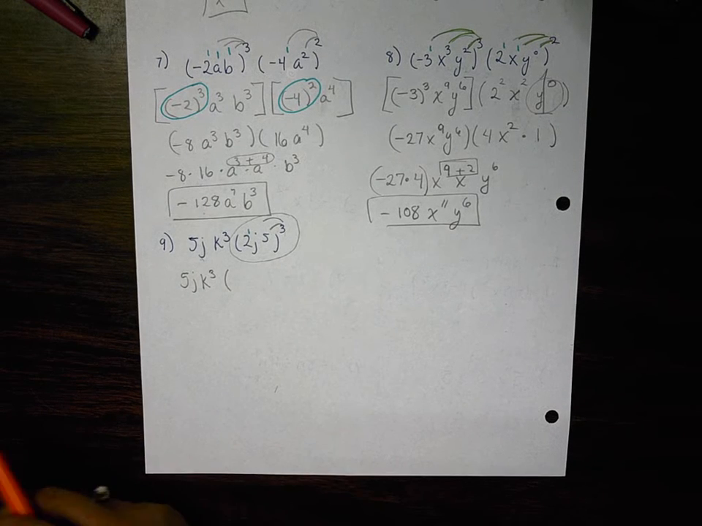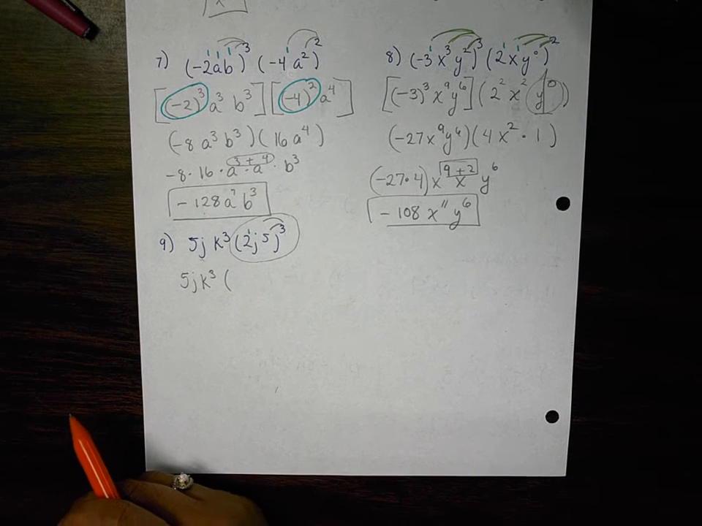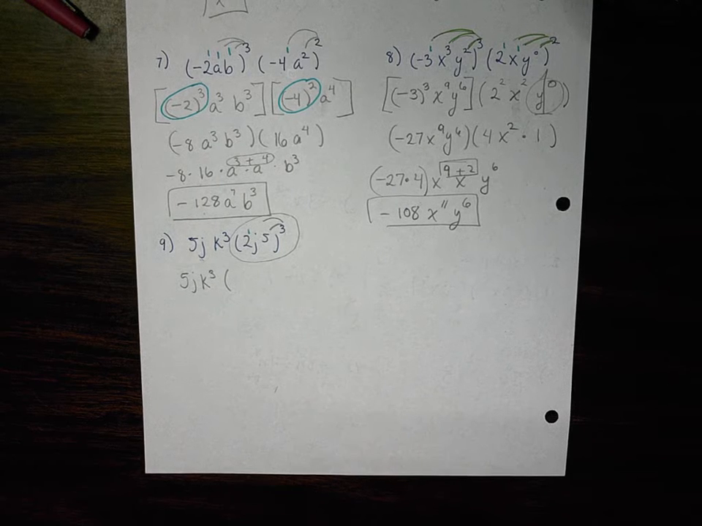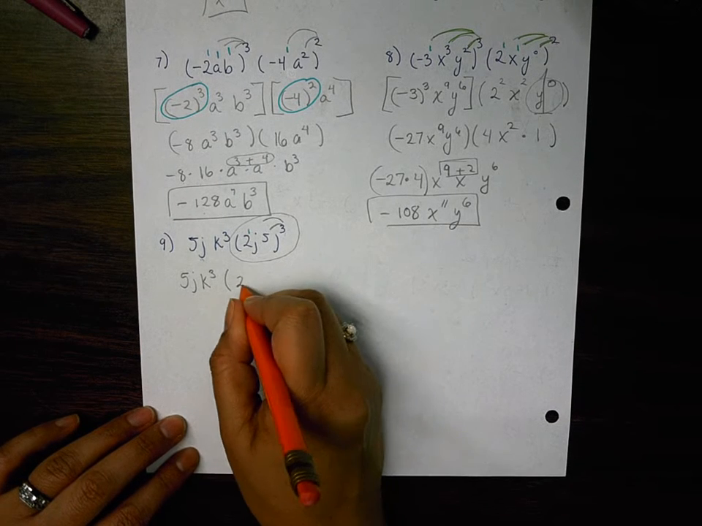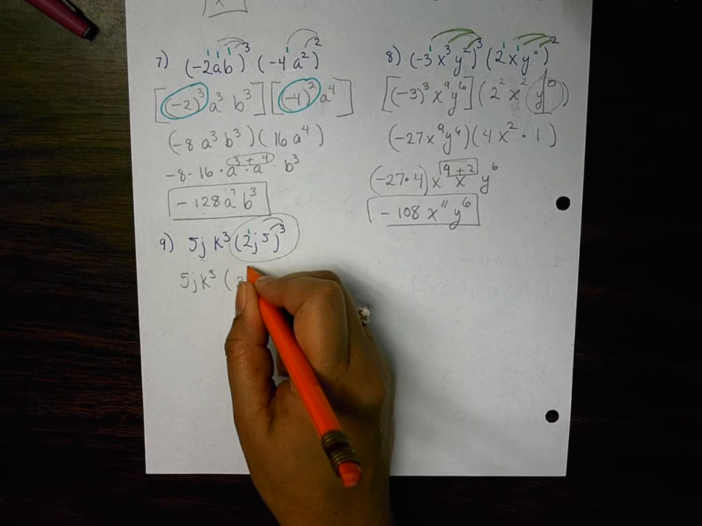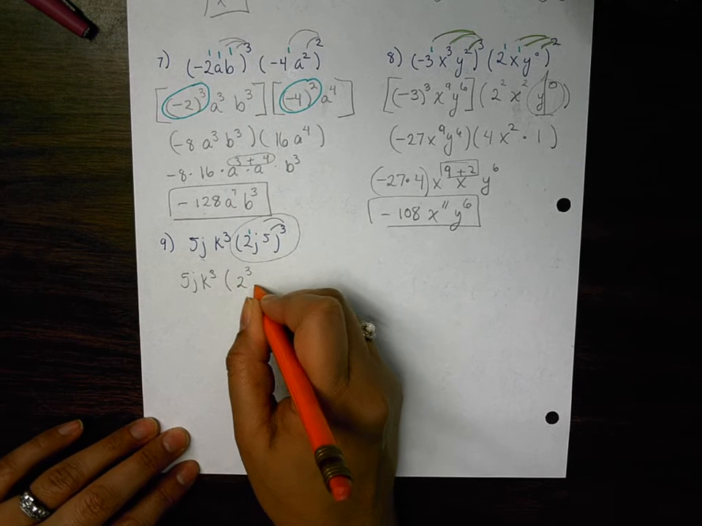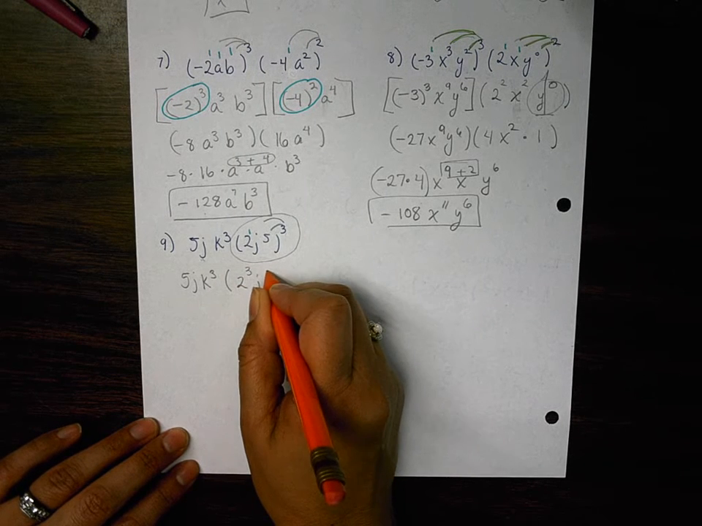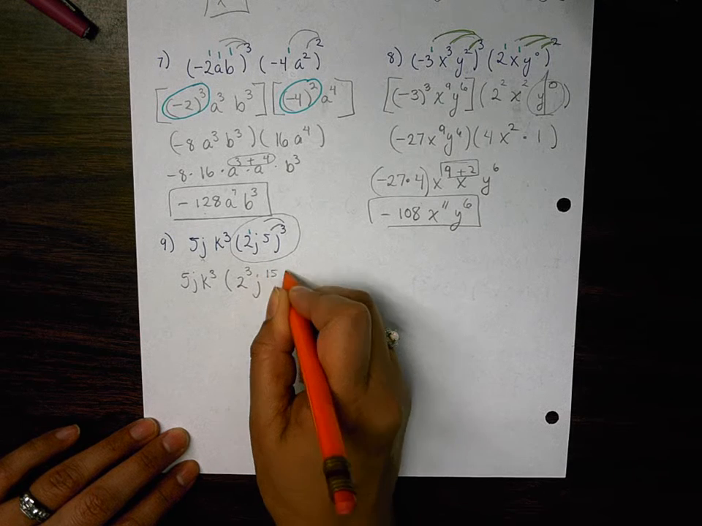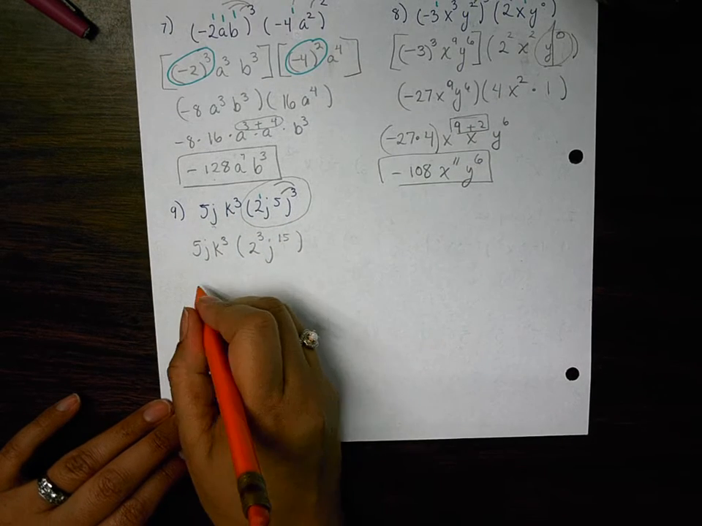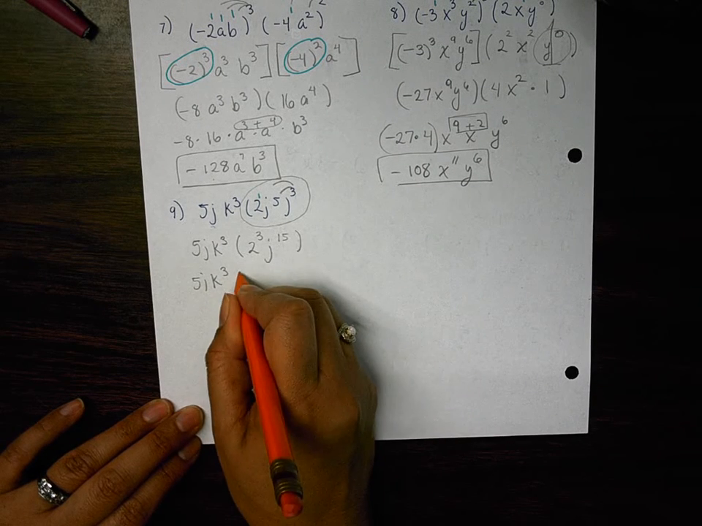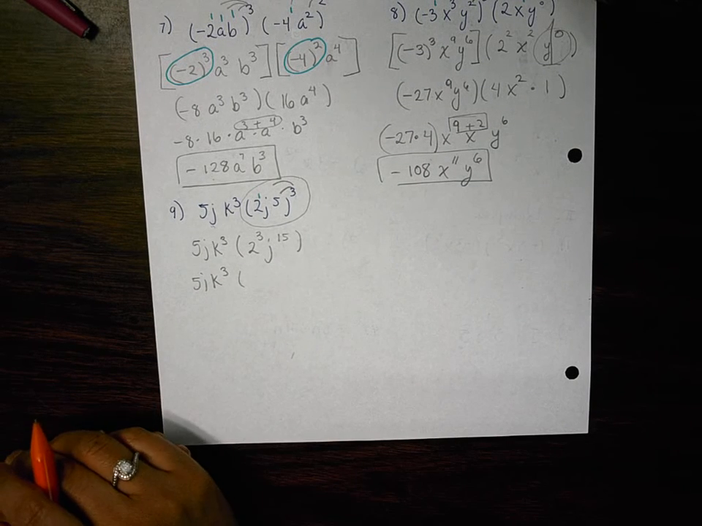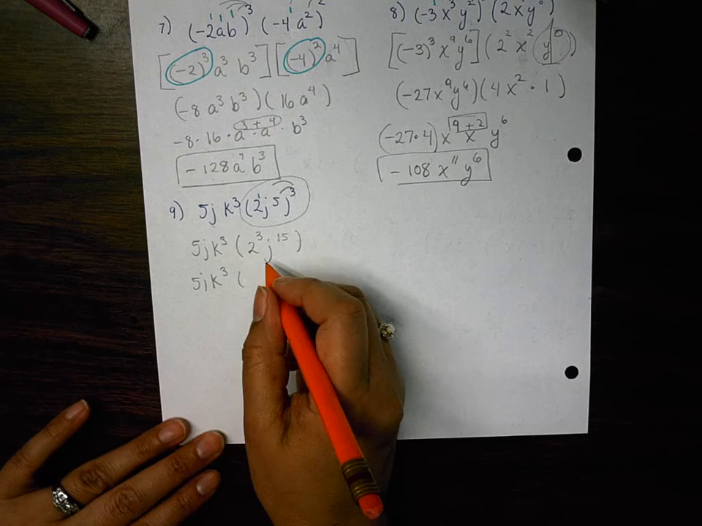And I'm going to call on Nathaniel. Can you tell me what it is? 2 to what power? I'm sorry, a little louder. Okay, keep going. J to the 15th. Okay, we clean up. 5j k to the 3rd. What is that? 2 times 2 is 4. 4 times 2 is 8. J to the